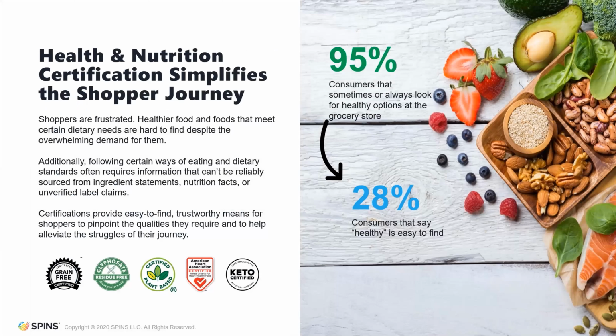Okay, lastly, we are going to look at health and nutrition certifications. So, nutrition and overall wellness are topics that are very near and dear to consumers' hearts. The decisions that we make daily about what we do and do not want to put into our bodies are ultimately going to lead to physical and mental outcomes that shape who we are and how we function. Therefore, it's necessary for brands and retailers to be conscious of and to tailor their offerings towards a wide variety